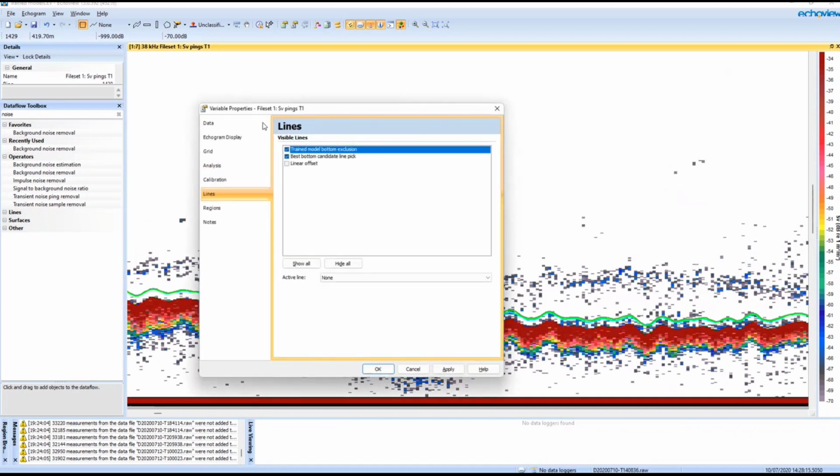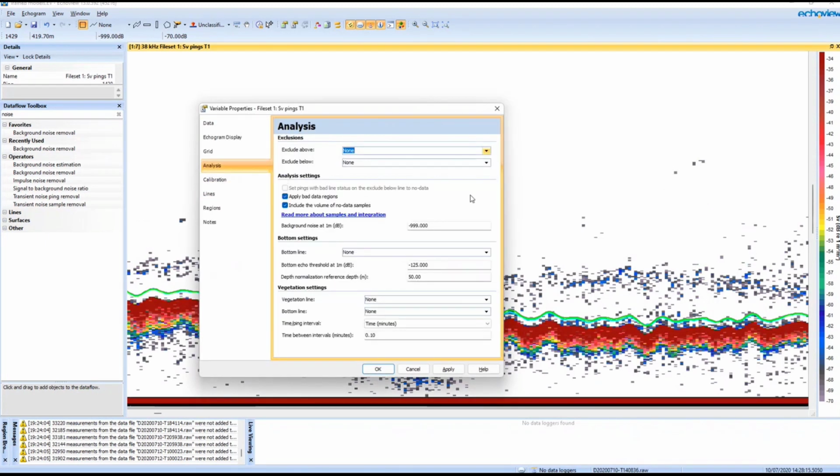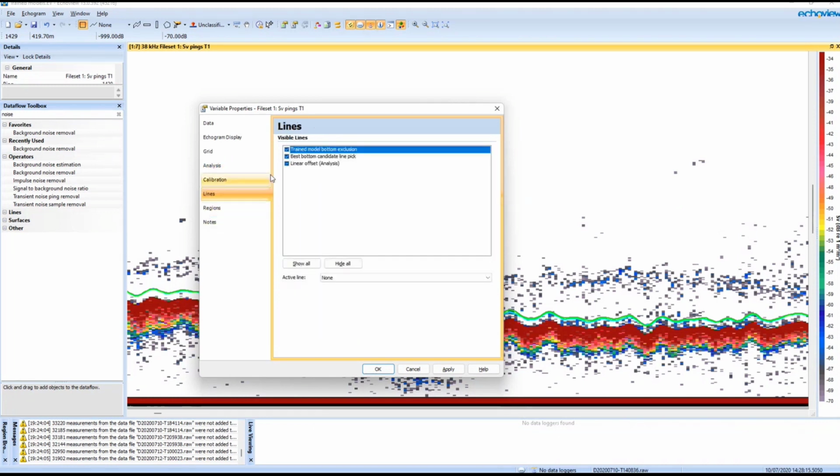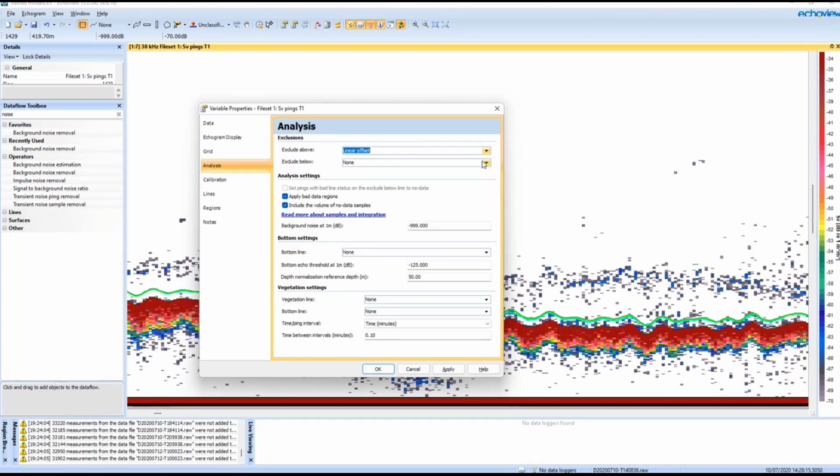Now, if you're not familiar with intergrams, let's go through this really quickly. I'm going to set my analysis line to exclude above a linear offset, which is just 0.5 metre above my machine learning line. Exclude above the linear offset and exclude below my bottom exclusion for machine learning.